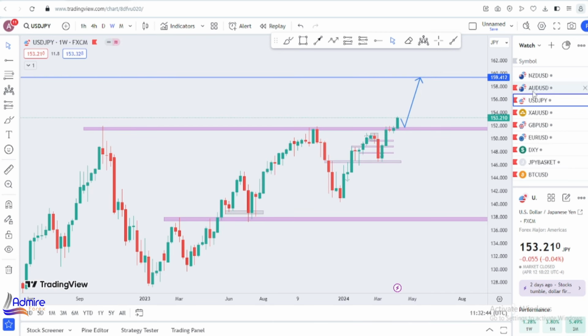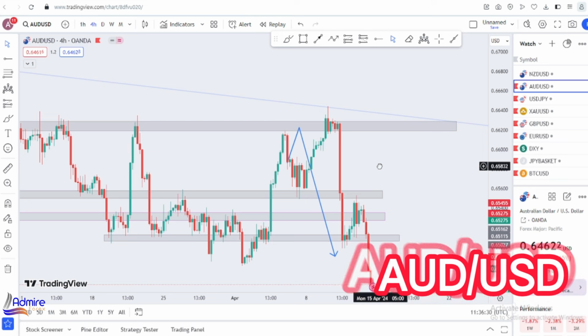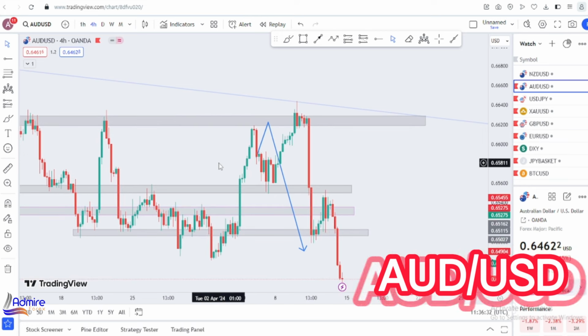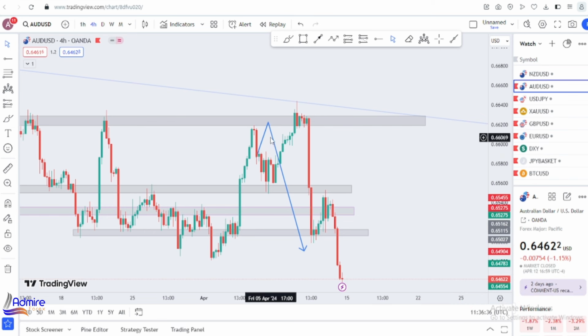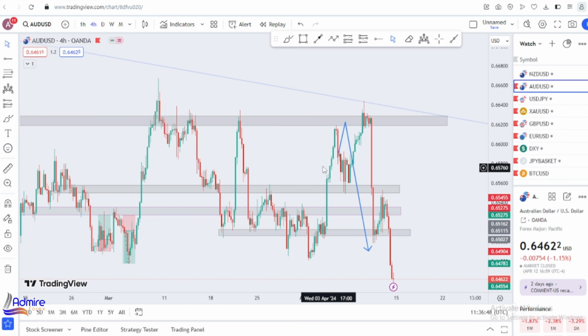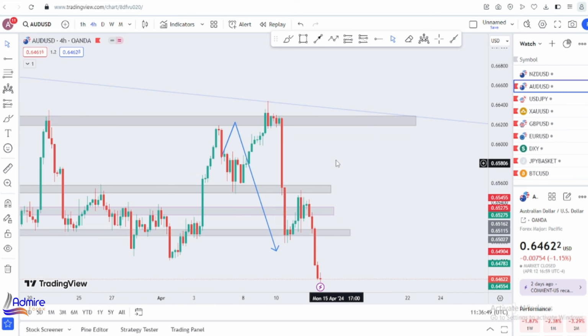Still remains the same. So next is AUD USD. For AUD USD, guys, last week we actually predicted price to come into this zone and a bearish continuation to the downside. When we did that video, price was somewhere around here, and we wanted price to shift to the upside and a buy to sell scenario to the downside, and bearishness all the way to the downside. So that's what we had on AUD USD.